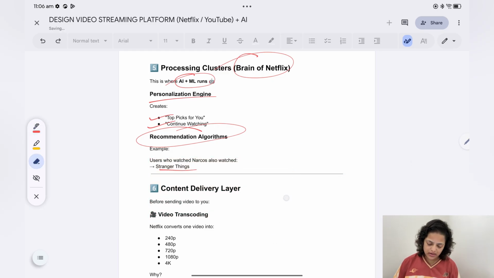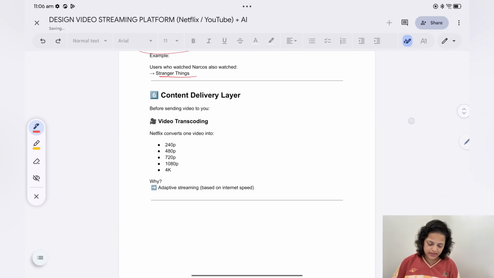Now next is the content delivery layer, the CDN layer. Before sending videos to you, what does Netflix do in the backend? It will transcode the video. What is transcoding the video? Let's say a user has uploaded the raw file. Now that video will be transcoded into multiple formats, like 240 pixel, 480, 720, and 4K, for adaptive